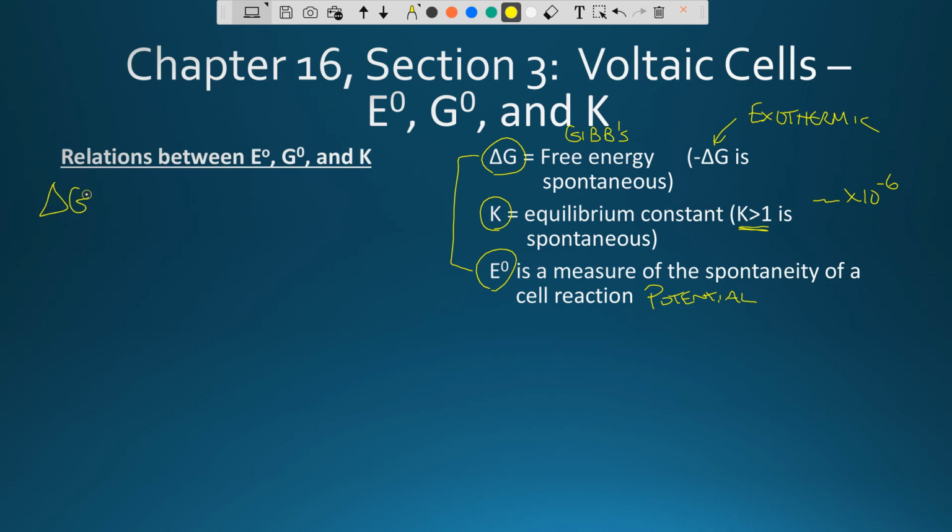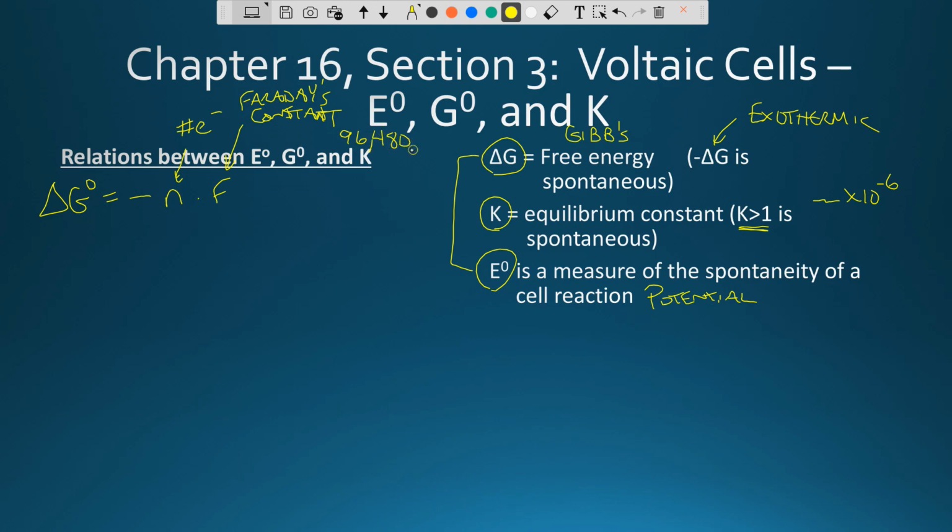So here's the equation that you'll need to know: the change in Gibbs free energy is a function of the negative of n. Now the n is my number of electrons that are involved in the reaction. Careful, sometimes n stands for the number of moles. In this case, it's the number of electrons that are involved. And that's times something called Faraday's constant. Faraday's constant is something that's going to be provided on your AP charts. Faraday's constant will be provided for us on our charts. Just know that Faraday's constant is going to be listed as